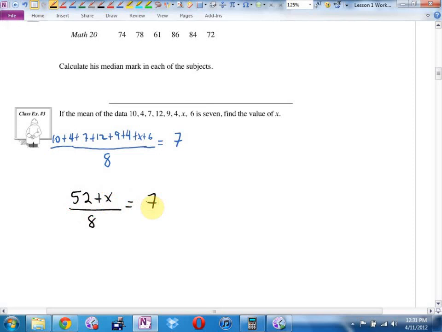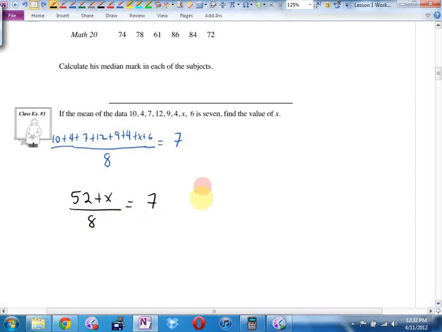How will I solve this? Something we've been using all year long: cross multiply. Isn't it not one fraction? Oh, sorry. Isn't it? It is one fraction equals one fraction. And we can cross multiply. It's going to be 7 times